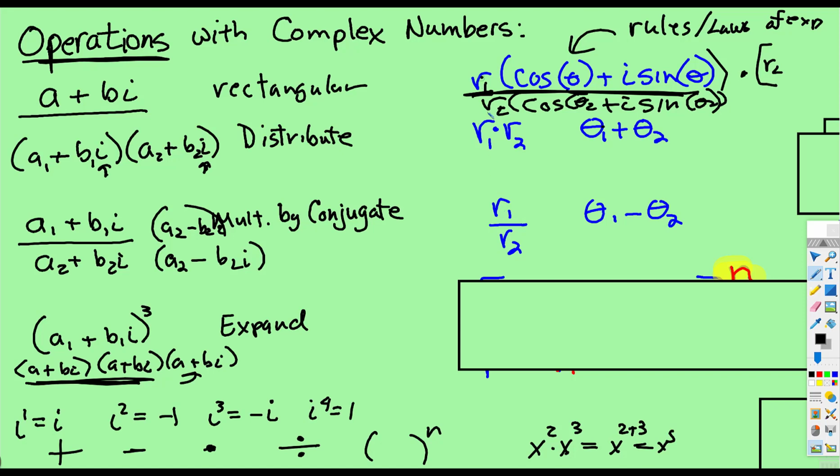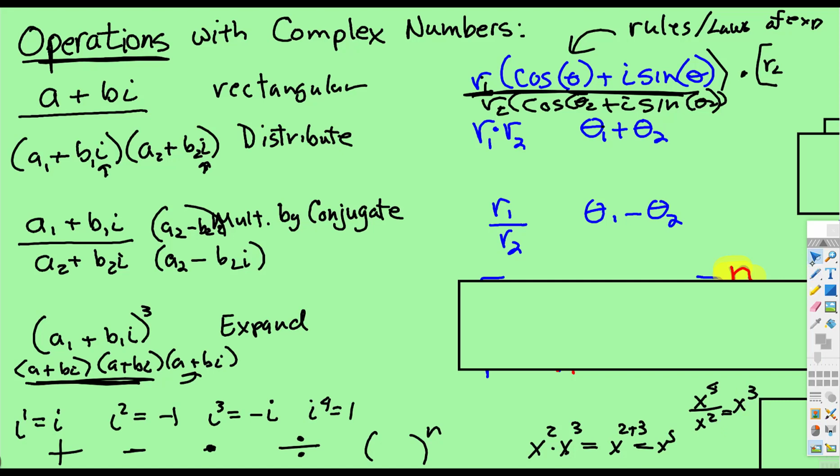So the r's are just numbers, so just divide the r's. And because the thetas follow the rules of exponents, when thetas are divided, you end up treating that as subtraction. Just like if you had x to the fifth over x squared, it would become x cubed because